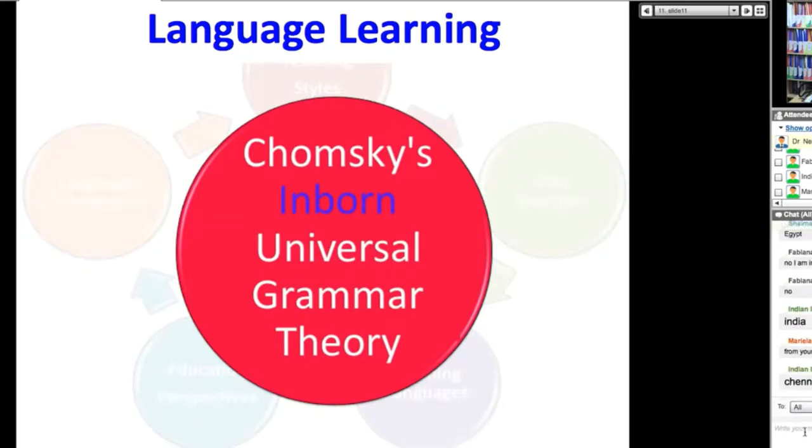So no matter where you were born, okay, no matter where you were born, with this innate universal grammar so that you are able, oh, that's right, Uzbekistan, we've got Uzbekistan as well. You were born with the ability to learn a language because you have the grammar. In other words, you're born with these grammar rules in your brain. How many of you like this theory?